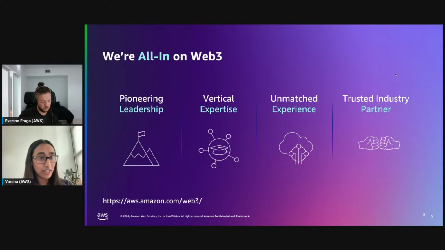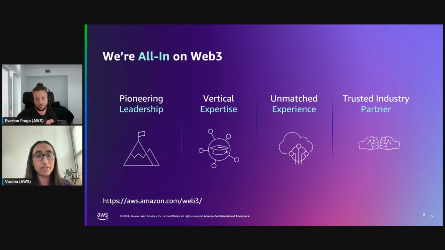Here at AWS, we offer vertical expertise in a breadth of subverticals, from exchanges, L1s, L2s, dApps, DeFi, etc. And we also provide unmatched experience, as we have a longstanding commitment to blockchain innovation.